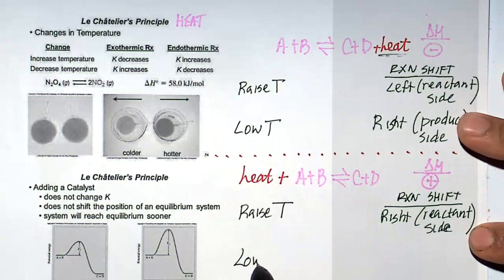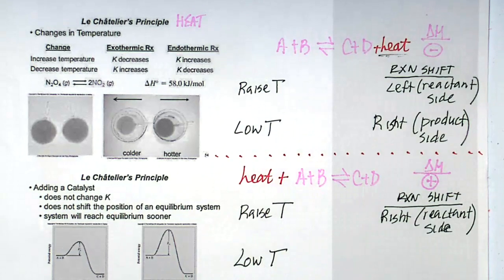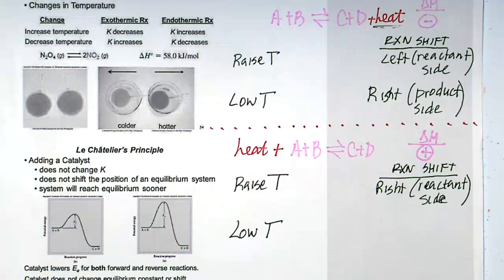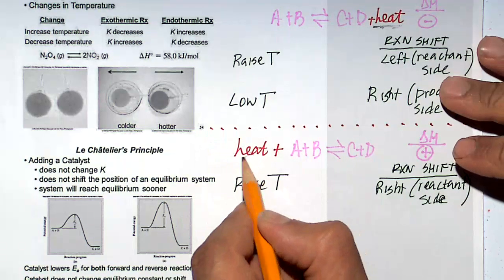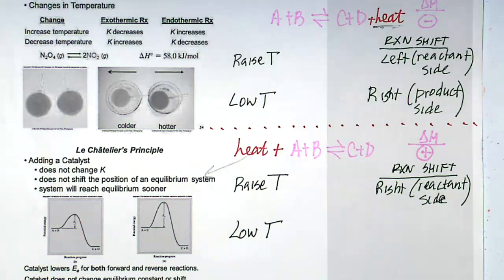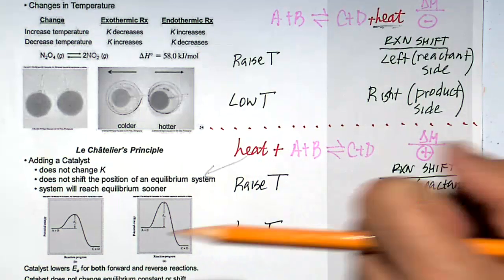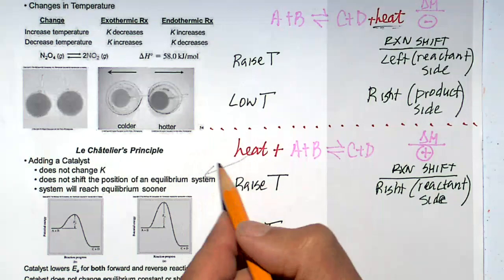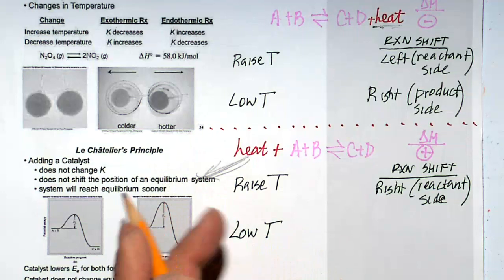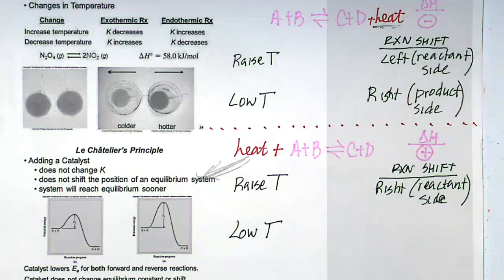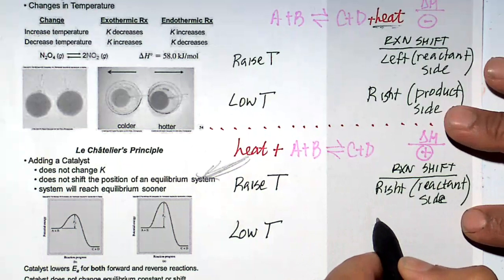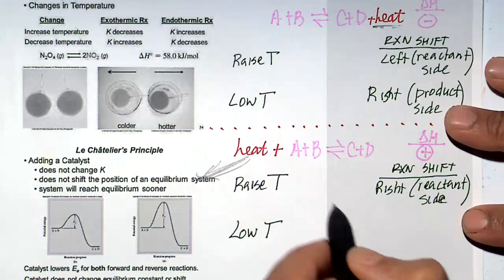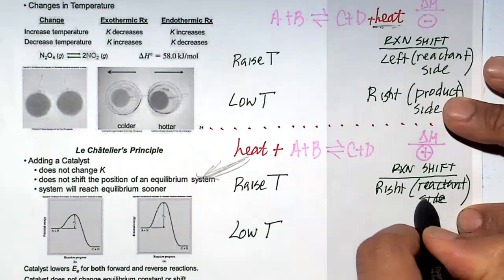Finally, for an endothermic reaction, what happens if we lower the temperature? Lowering the temperature is removing heat. If we lower the temperature, get that heat away, which way will the reaction shift? To the side to regenerate the heat or the side that has less heat? Remember, lowering the temperature, you're removing heat. So which way will the reaction shift? To the left, this is the product side.